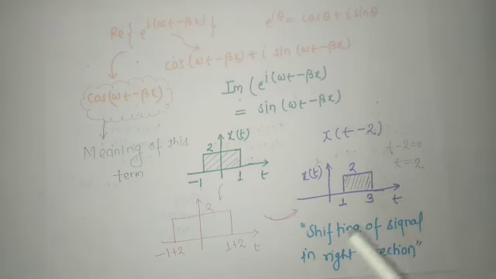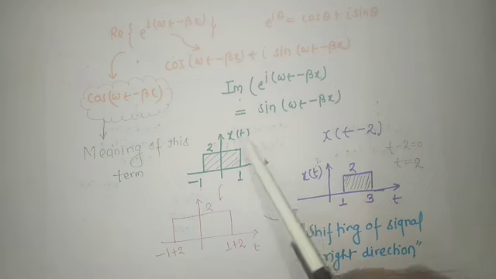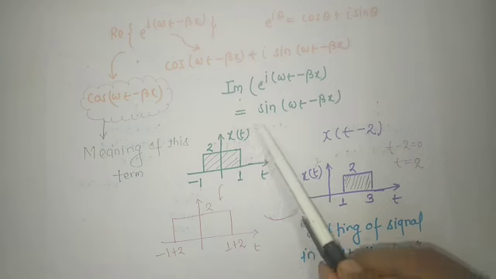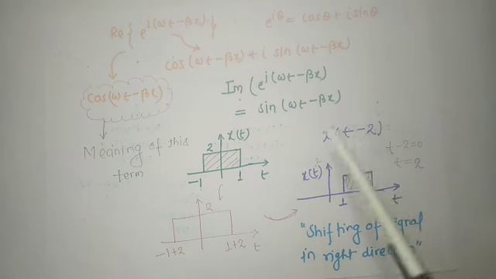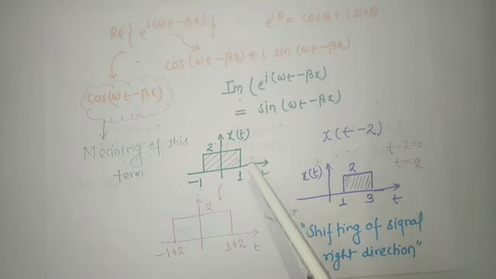You can observe that this bracket is known as the argument, and inside the bracket we always write the variable, and we put the variable on the horizontal axis. Observe these two things. Here I have modified the argument, then what can you observe? Your signal is shifted in the rightward direction.